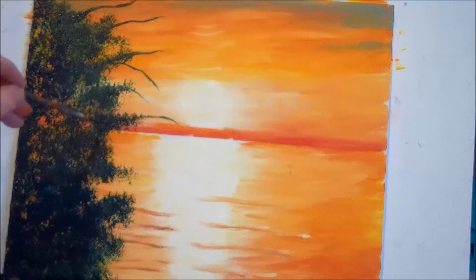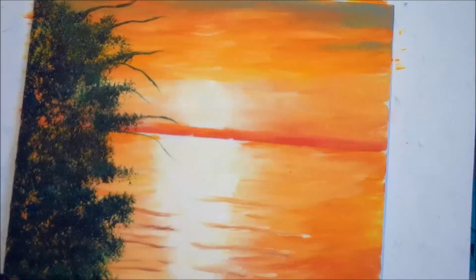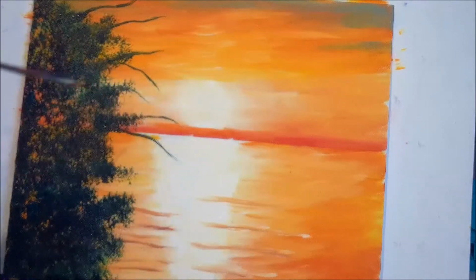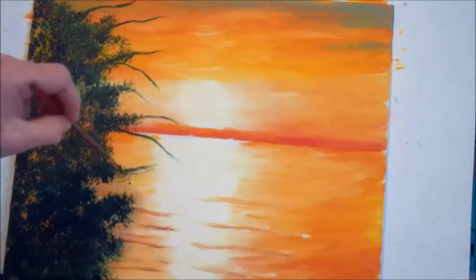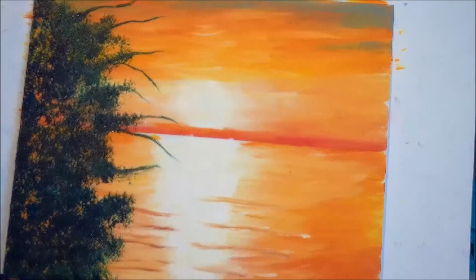And maybe there's one coming out here. Bring it over the light because it'll really jump out and it'll pop. Dark against light really pops nicely. Maybe there's some more coming out here. Oops. Every time you hear me saying oops, you know something's wrong. I made a mistake. Okay, and then